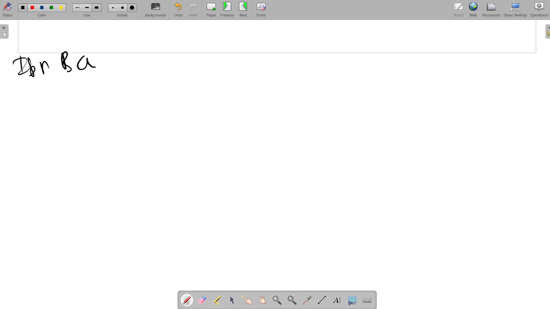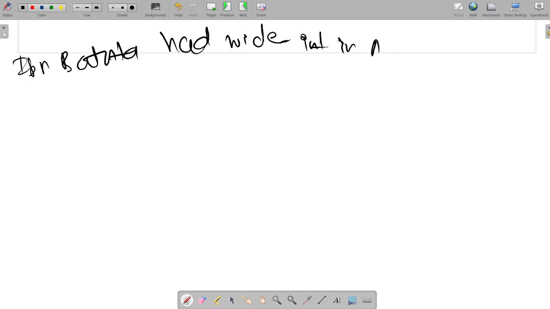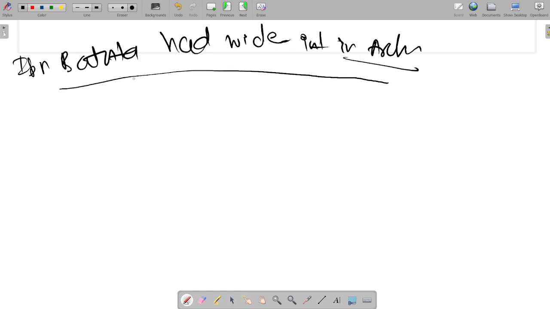Ibn Battuta had wide interest in architecture. Details given about him and Delhi architecture are: